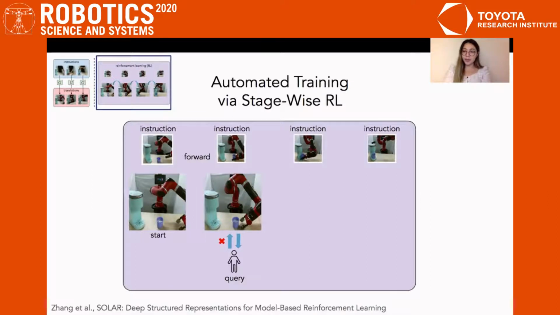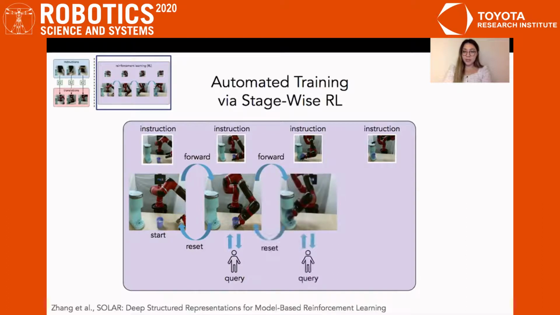However, providing manual resets in the real world often requires a human to physically step in, and this can get unwieldy. Instead, we have the robot also learn its own reset using the same RL procedure. It'll repeat this until it does complete the first stage. Then it'll go ahead and learn the subsequent stages in the same fashion. To see this in action, please see the website.